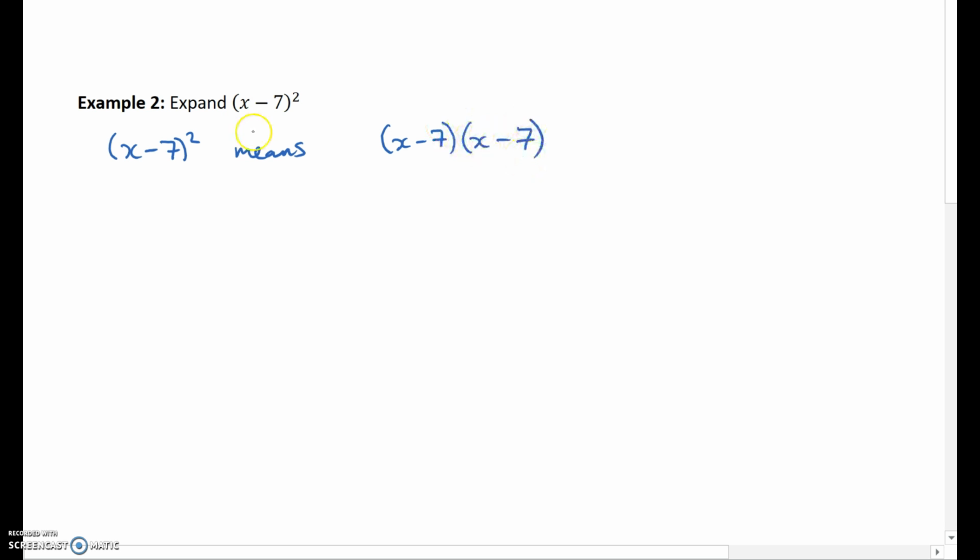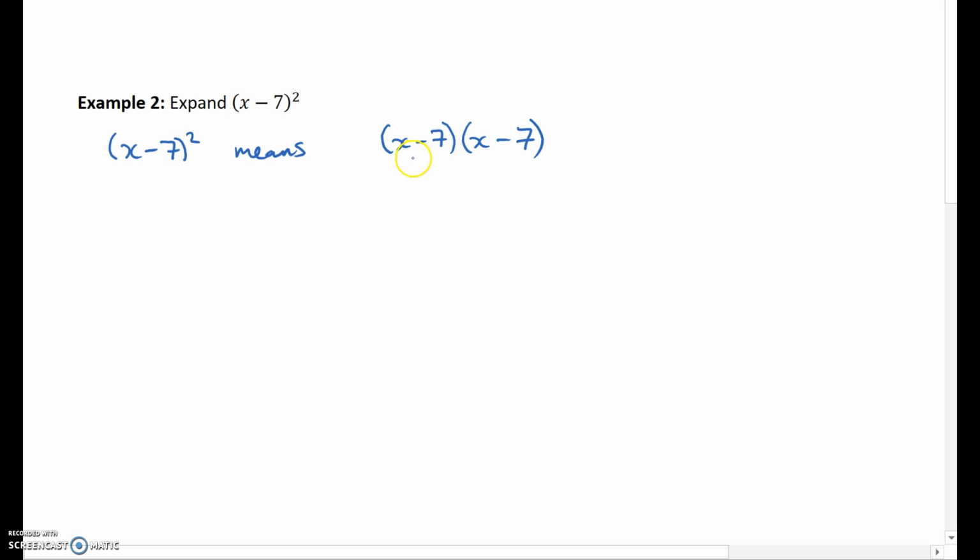What we have to do here is expand x minus 7 squared. Now, when you square something, it means multiply it by itself. So x minus 7 squared means x minus 7 times x minus 7. Okay? You weren't told anywhere in the question that this is FOIL, but when you see it written out like